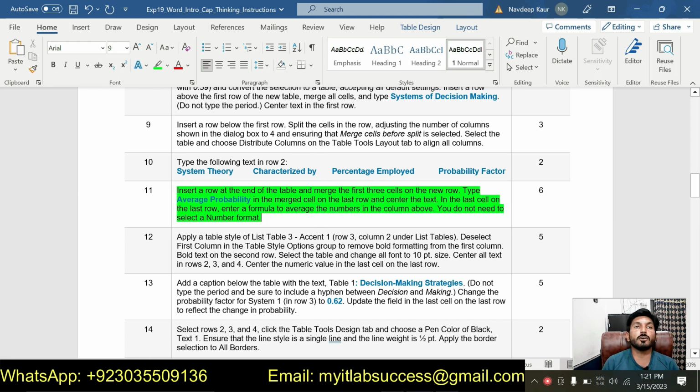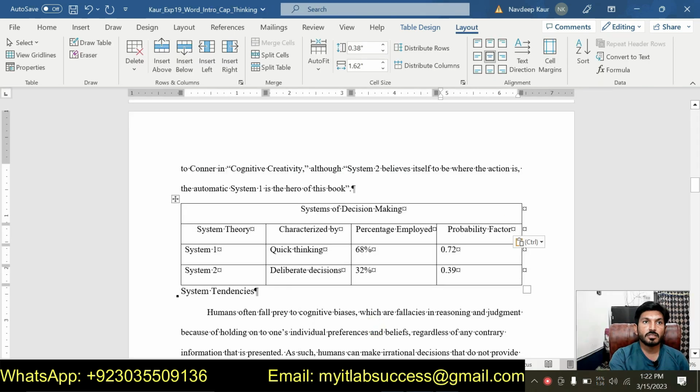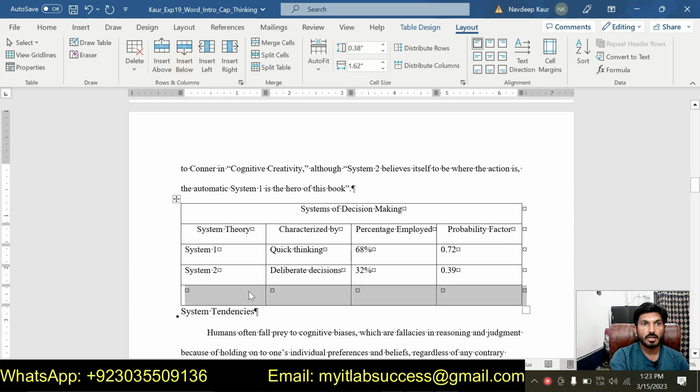insert row at the end of the table and merge the first 3 cells on the new row. So now we are supposed to insert a new row at the end of the table. So we will go to the table and now we are supposed to insert a new row below the last row. So we will go to last row and we will click on insert below this one. And now we are supposed to merge these 3 cells. First 3 cells we will merge them, this one. And after this,